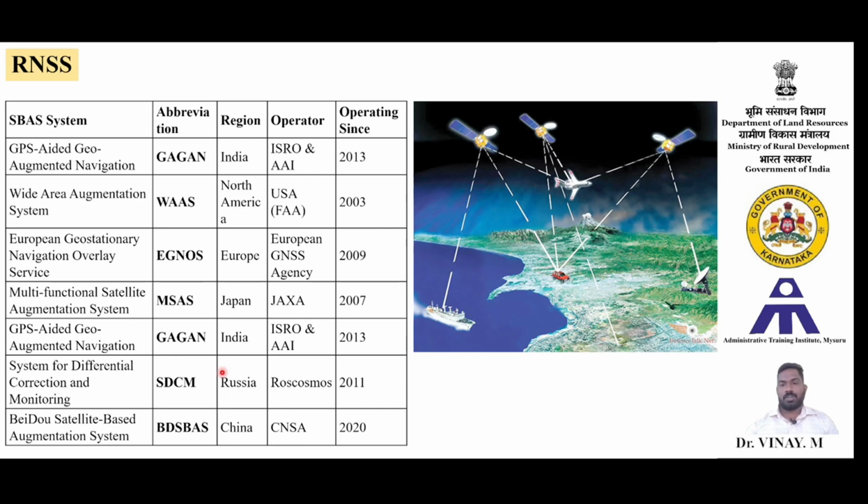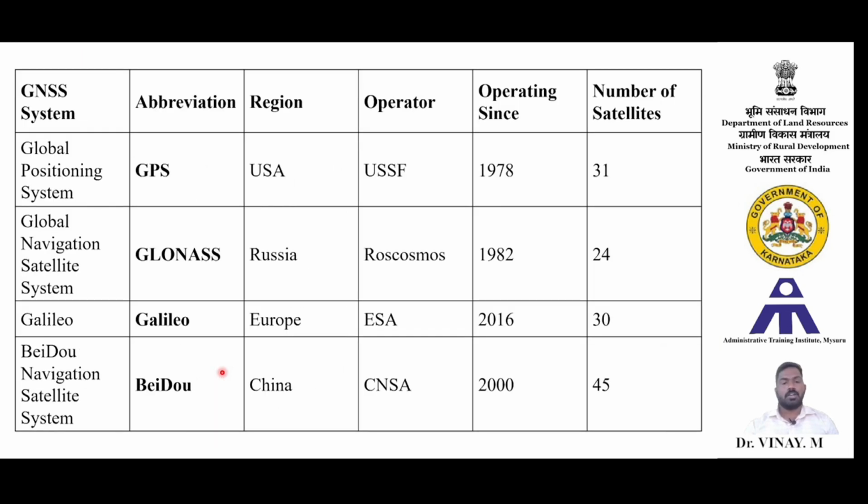So you can ask the question, why are RNSS developed when we have GNSS? Since GNSS is funded by public money, there is one concept in GPS called selective availability. Suppose any war is declared in future, hypothetically, then the USA or Russia may turn off the systems. If the systems are turned off and made not available for other countries, then all the countries depending on these systems will become